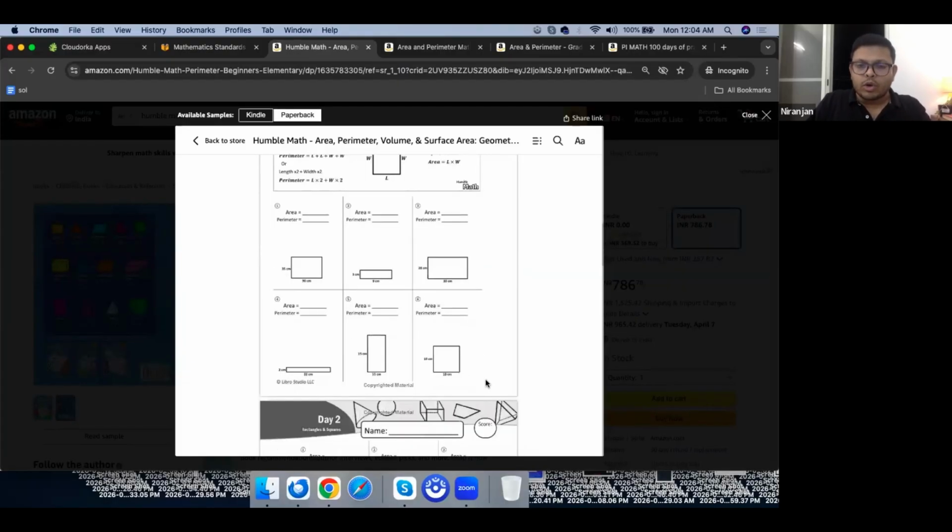Okay, all credit goes to the creators. They have done a fantastic job. They have been there, they are the early movers and they have been reaping the benefits of it. But what we are going to do is we are going to build a better mousetrap. That's what we are going to do. We are going to create a quality product and let it be there on the KDP platform for the next 10 years, generating passive income for all of us,